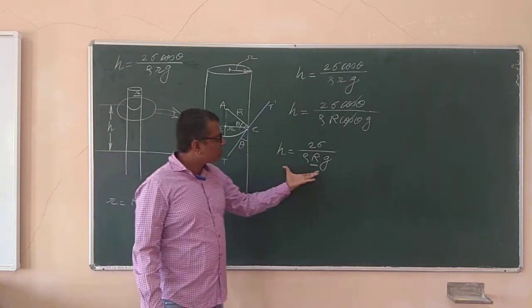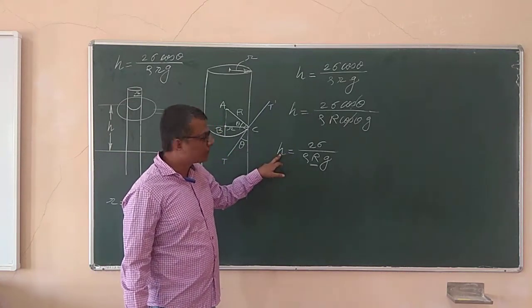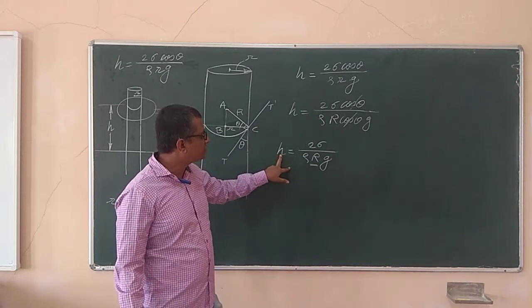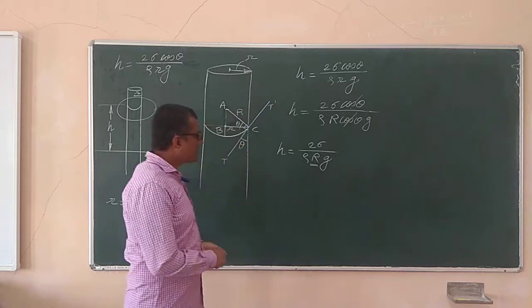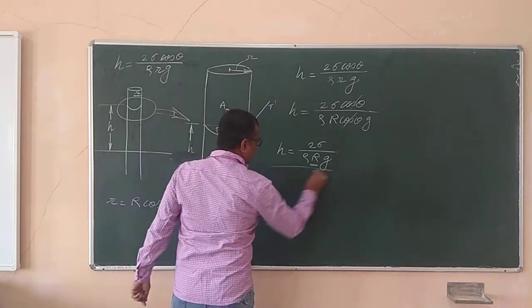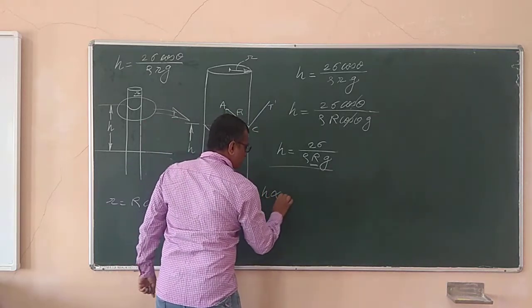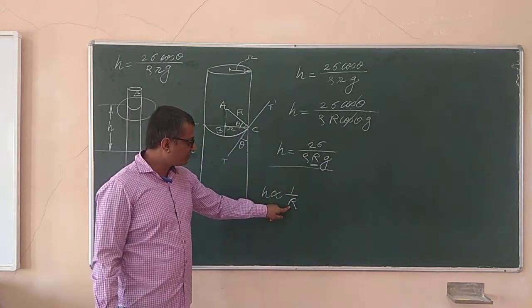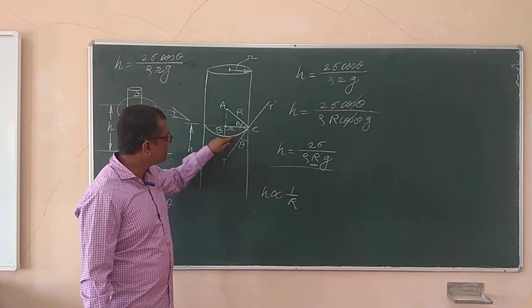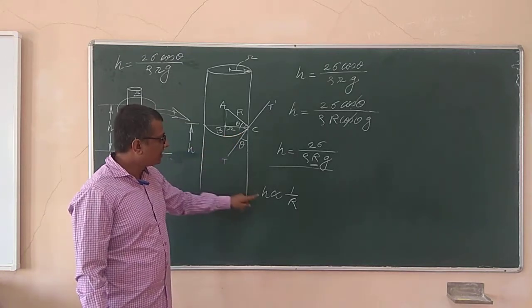Now from this equation, it appears that the height of liquid level in the capillary tube is going to become independent of cos theta. But in another way, if I look at this R from this equation, I can say that small h is inversely proportional to R. So the more the radius of curvature of this free liquid surface, spherical surface, the less will be the height.